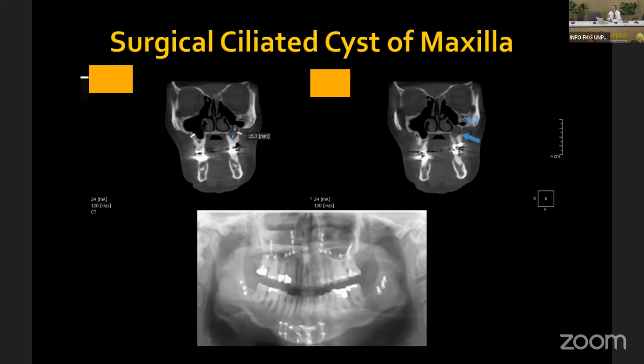When the patient had the orthodontic surgery, some of the oral mucosal membrane was embedded inside the bone, and the membrane later developed into a cystic lesion, called the surgical ciliated cyst of the maxilla. So 3D is better than 2D in diagnosis of cystic lesions in the maxilla.